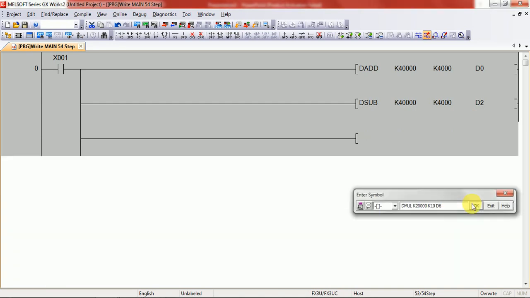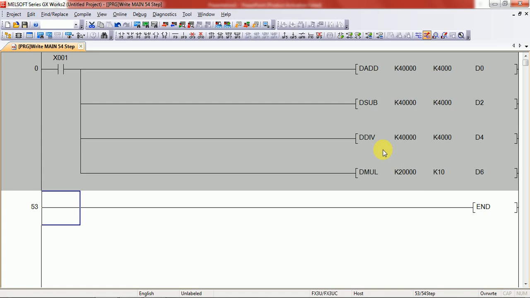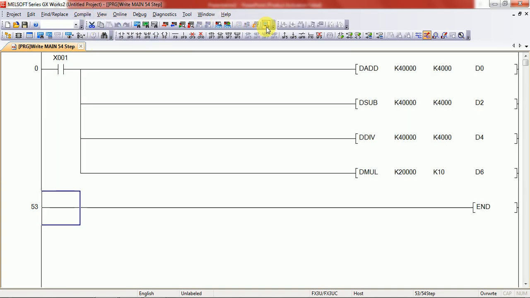Okay, because in our last program only multiplication was okay, because the next one was empty, but now compile the data and simulate your program.